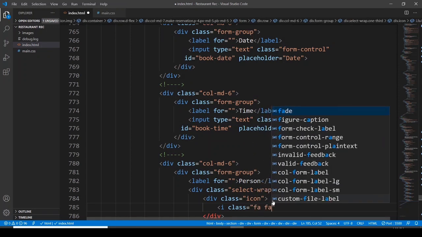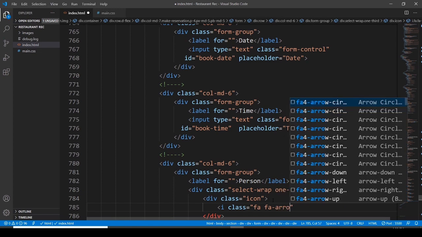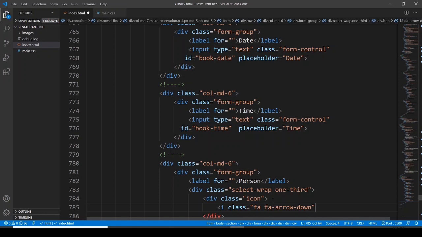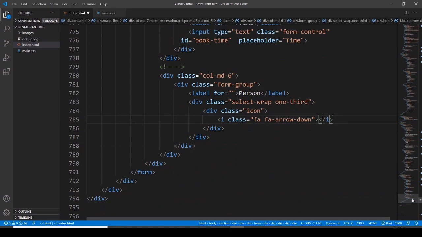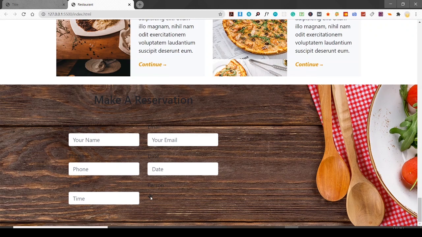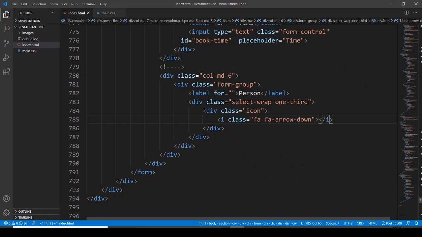F-A arrow down, if I'm not wrong. And because I need to use an arrow pointing downwards, let me see. Yep, I do have. Okay, then